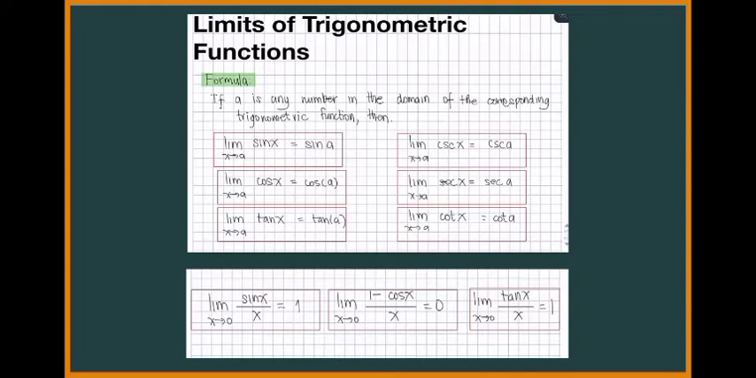Limit of trigonometric functions. If a is any number in the domain of the corresponding trigonometric function, then the limit of sin x equals sin a as x approaches a. These I will discuss later. The limit of sin x over x equals 1 as x approaches 0. The limit of (1 minus cos x) over x equals 0 as x approaches 0. The limit of tan x over x equals 1 as x approaches 0. So, in finding the limits of